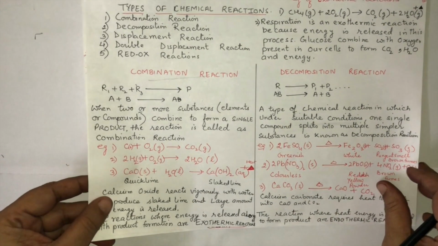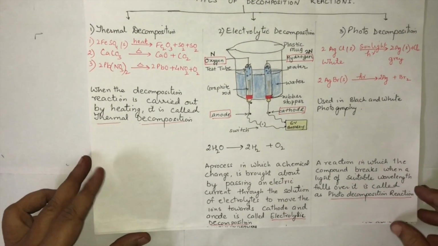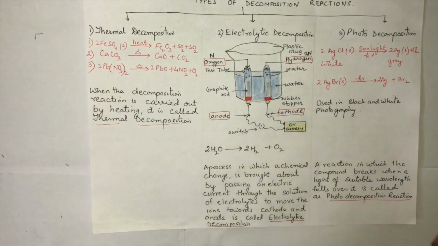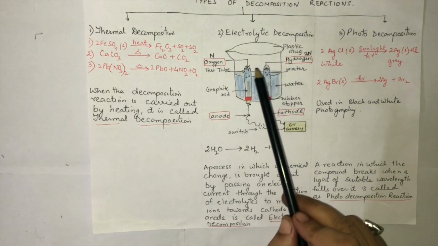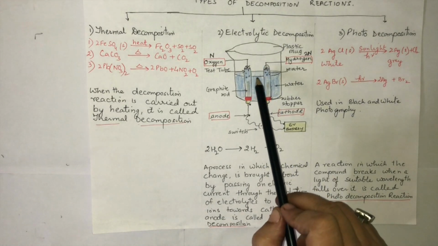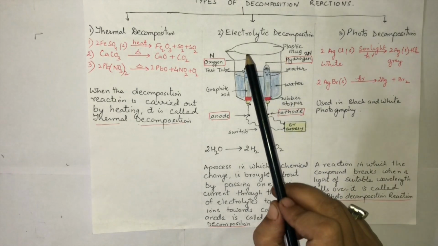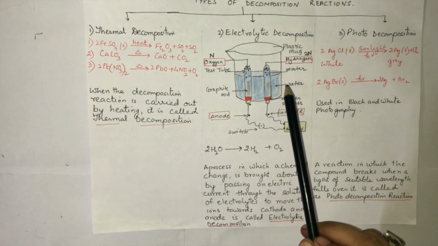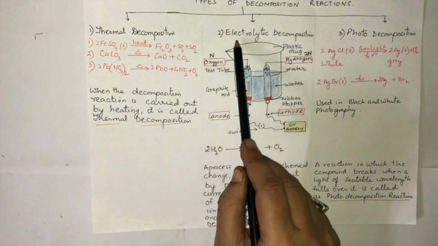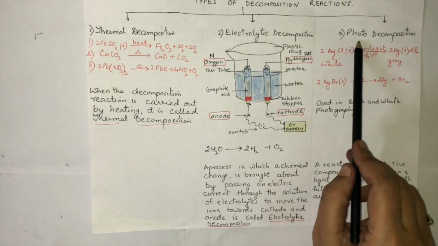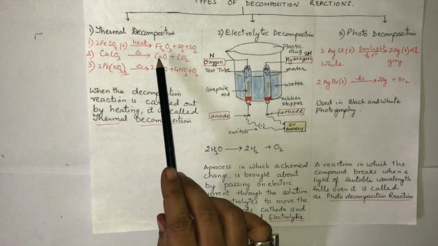Fine. Now, let us understand the three different types of decomposition reaction. As I told you, things will not normally decompose into different components. You need to provide them some type of stimulus. It can be in the form of thermal energy or electrical energy or photo energy. Then one compound will change into another.